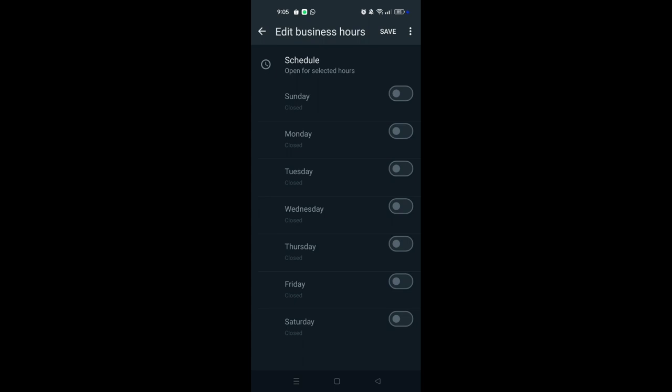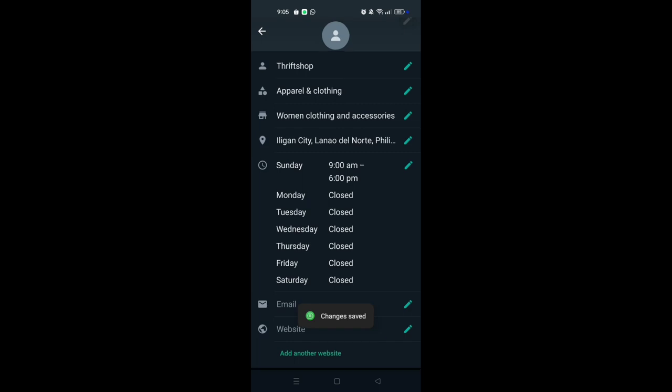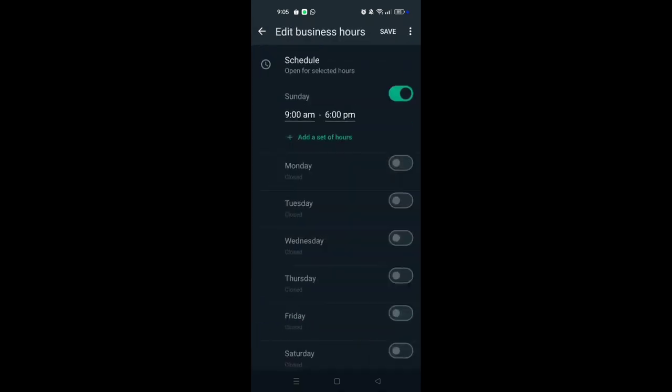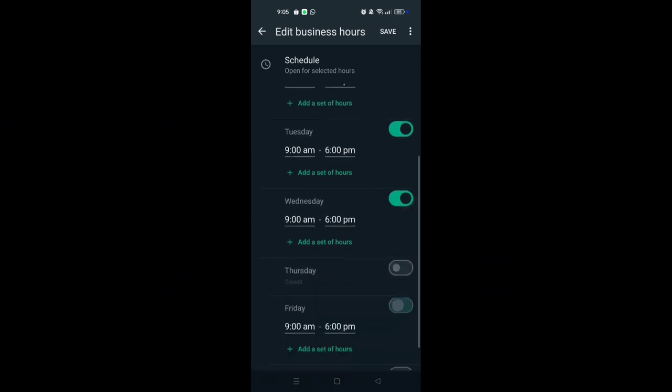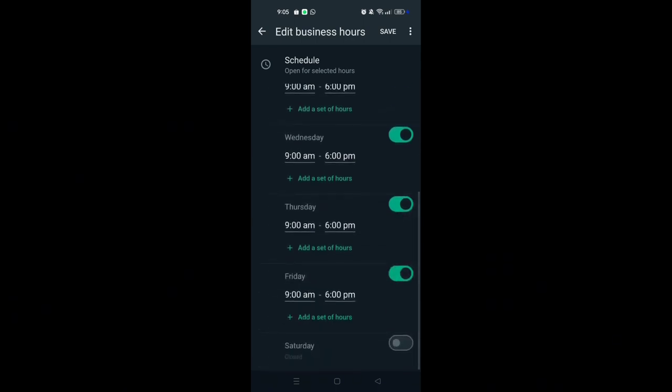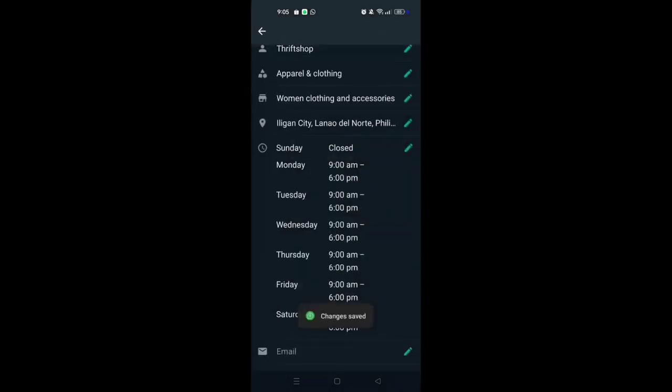So you can go with Sunday, Monday, Tuesday, Wednesday, Thursday, Friday, or Saturday. So you just have to select any of these. So if you think your available time for your business is 9 a.m. to 10 a.m., so you can set that up. And once you're done with your schedule, so after editing your business hours, you're gonna proceed to adding your email